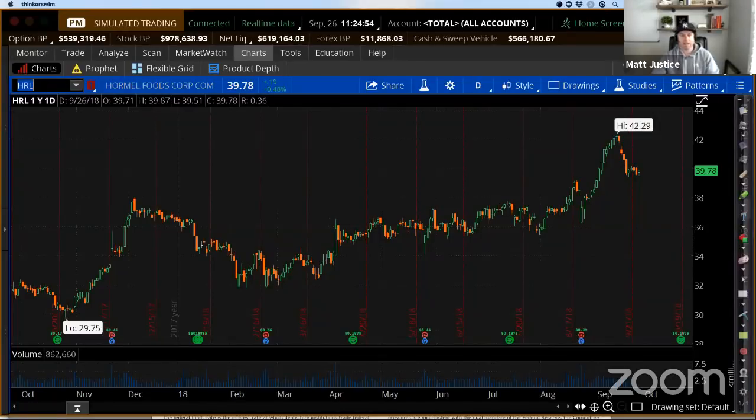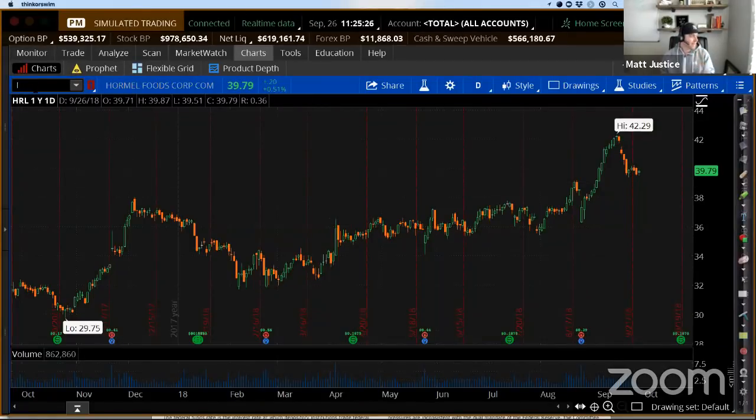For me on HRL, the stop loss would obviously have to be underneath 39.25. I'd say the stop loss has to be underneath that level. Hair trigger would be above $40 or getting above the 20-day moving average. So either one of those, if you're aggressive above 40, if you're conservative above the 20-day moving average type thing. But I like that one as well. Liquid options, you can play the stock. A couple on the downside here, Tim. We've talked recently about both of these.